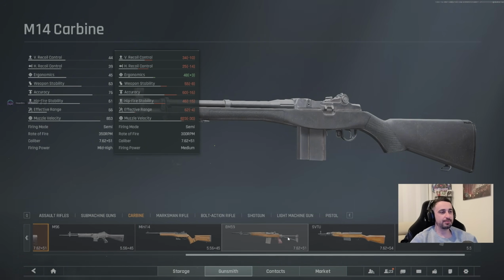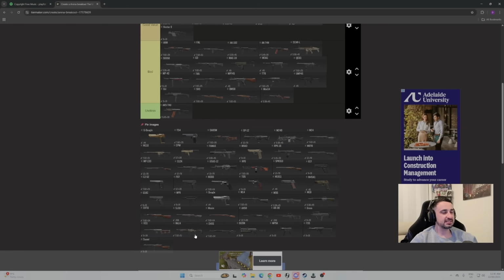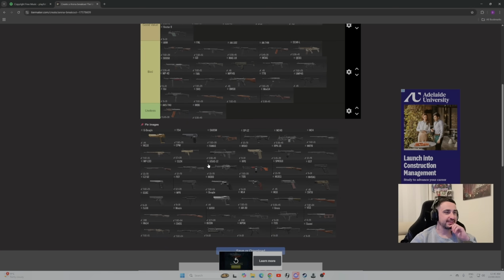So all the way up until here, they're horrible. Especially this M96. This one here is the most useless weapon in the game after the AK-74U. I would not use it. However,